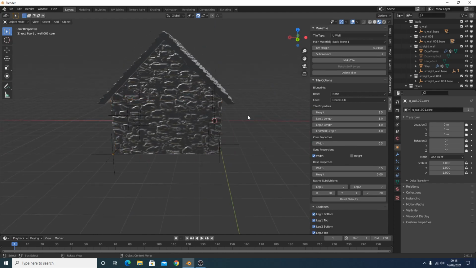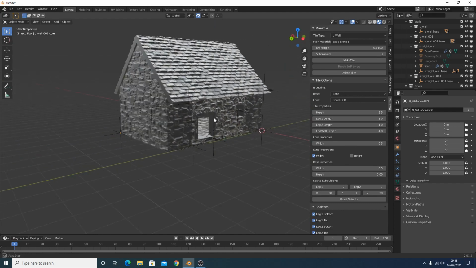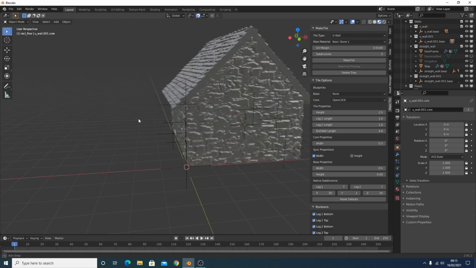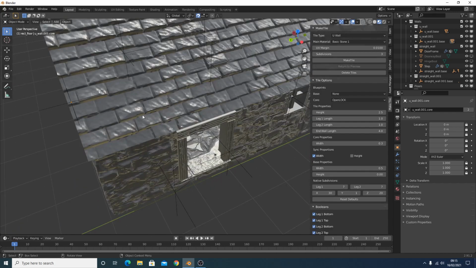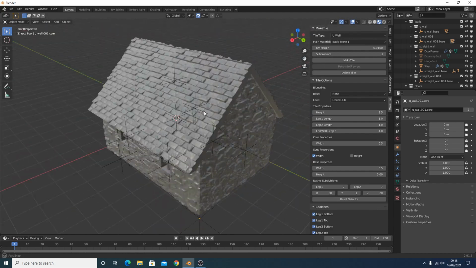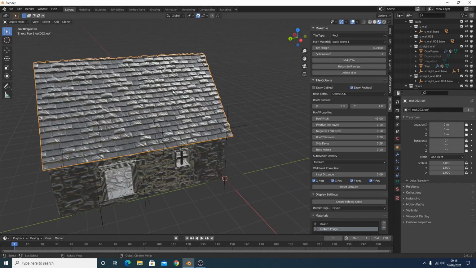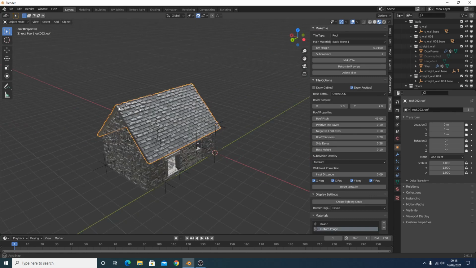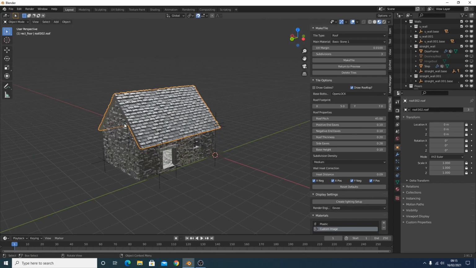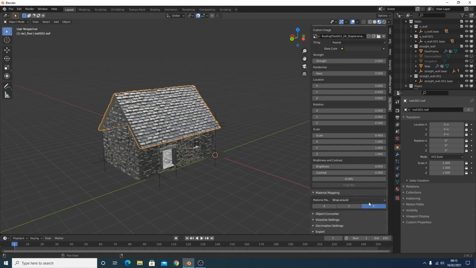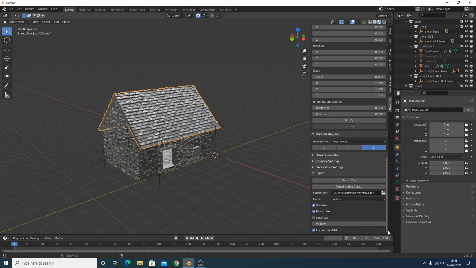Okay, so things are just beginning to slow down a little bit on my computer now. So what I'm going to do is I'm going to say, okay, right, that's enough making stuff 3D for now. I'm going to start exporting these, and then I'm going to change these back to preview and then do the other bits. So I'm just going to select my rooftop, come down here to the exporter,